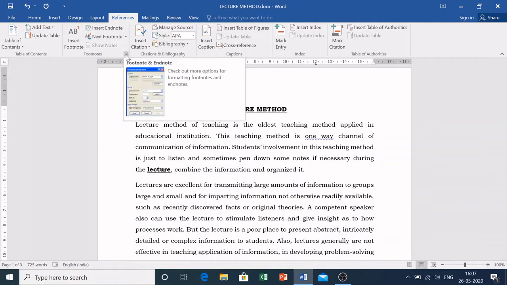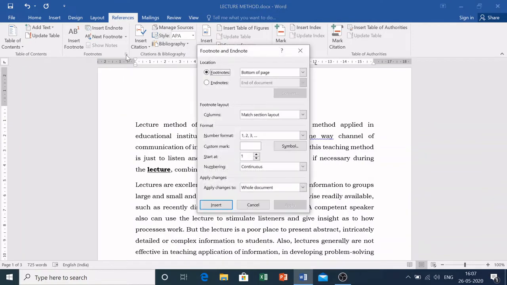Here there is a drop box. The moment you click this drop box, a window will appear, and this has various features which help us in writing the footnote as well as the endnote. Now, when we write a footnote, we know that we are writing it at the bottom of the page, but you can have it below the text also. But in usual practice, we write it at the bottom of the page.